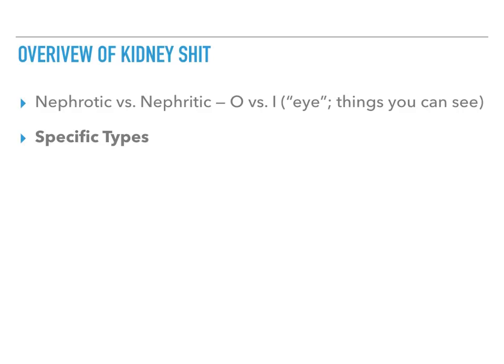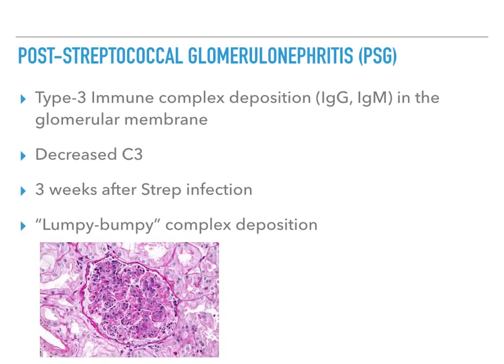I promise. So we're going to start with post-streptococcal glomerulonephritis, or PSG. I'm going to give you the overview and then I'll give you the mnemonic, just like I always do. So PSG is a type 3 immune complex deposition disease. So these immune complexes are depositing in the glomerular membrane and it's damaging the kidney big time. You're going to have a decreased C3, right? Decreased complement C3 protein. This usually occurs 3 weeks after a strep infection, and you're going to have a characteristic